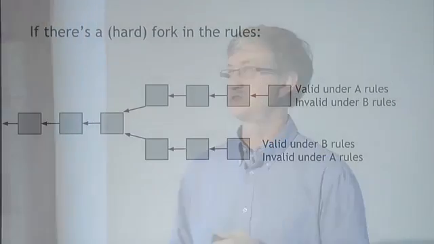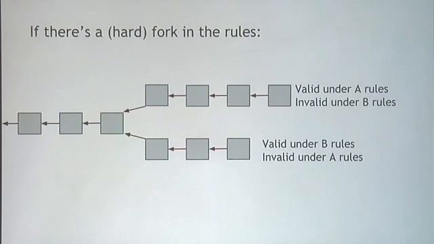Let's look a little bit more at what happens if there's a fork in the rules. And I'm talking here, in a previous lecture, we talked about the distinction between a hard fork and a soft fork. I'm talking about a hard fork here. So what happens is the following. Here we have the blockchain, which is coming along, building up the history. And at some point, there will be a fork in the blockchain if there's a disagreement about the rules. And you get two branches. You get one branch, let's say this one up here, which is valid under rule set A, but invalid under rule set B. And conversely, you have another branch down here, which is valid under rule set B and invalid